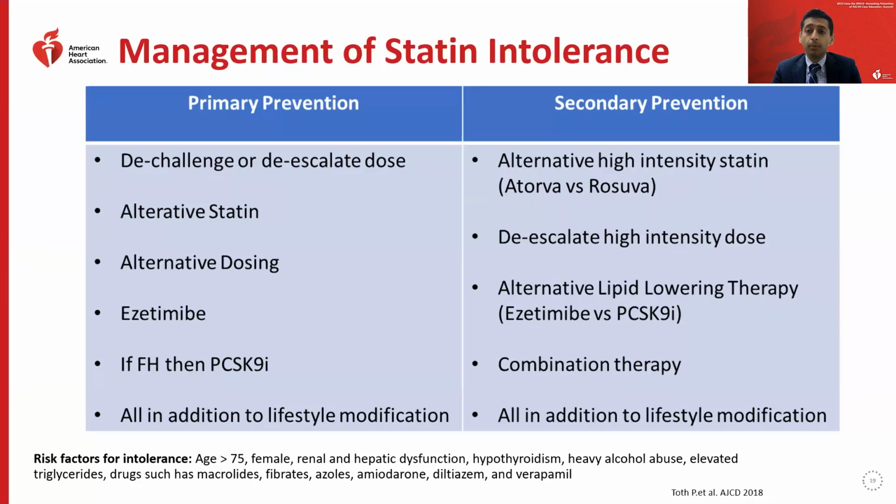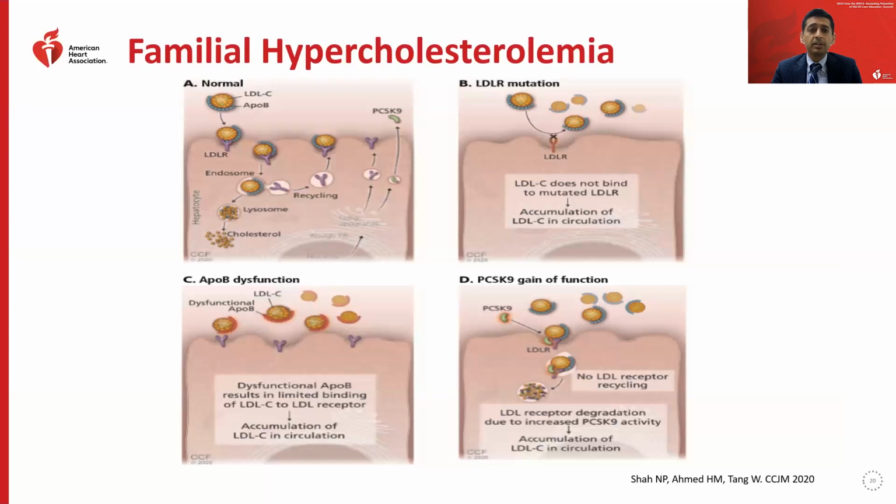For familial hypercholesterolemia, I just kind of listed some of the more common mutations here of familial hypercholesterolemia at the LDL receptor level or at the ApoB level or the PCSK9 gain of function. This is a condition that is oftentimes underdiagnosed in our community, and if found early, extremely important to bring their LDL down, because a hallmark, at least clinically, of familial hypercholesterolemia is an LDL greater than 190. And of course, with the family history or early personal history of a cardiovascular event.